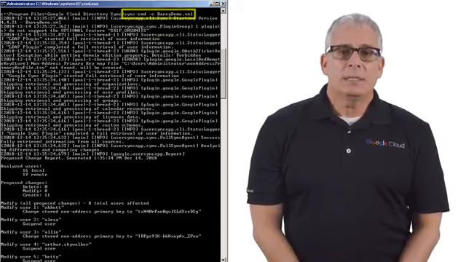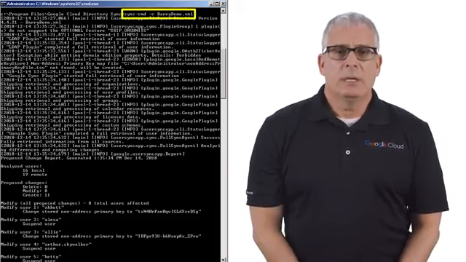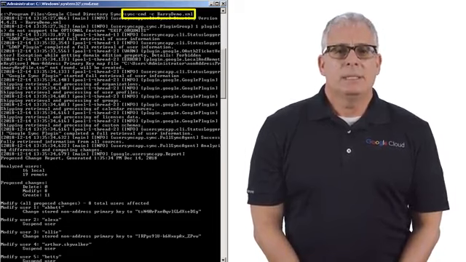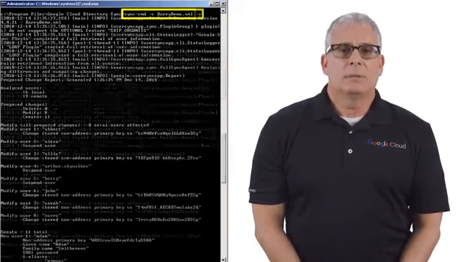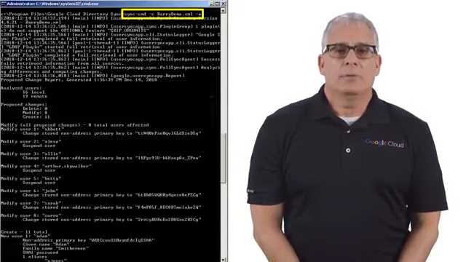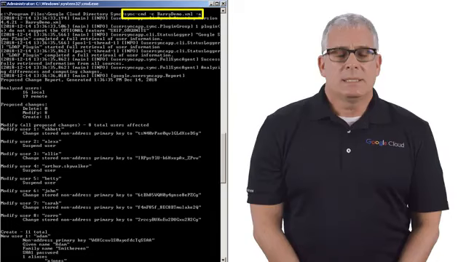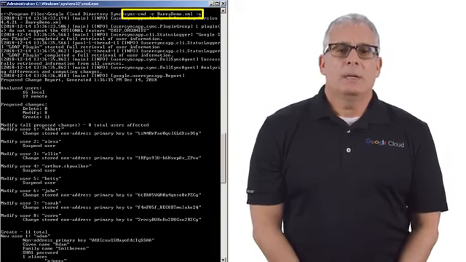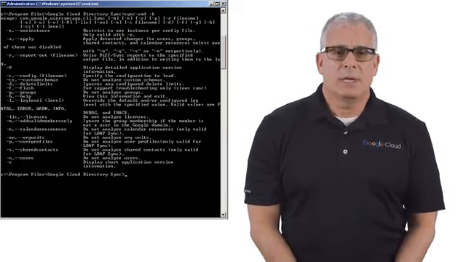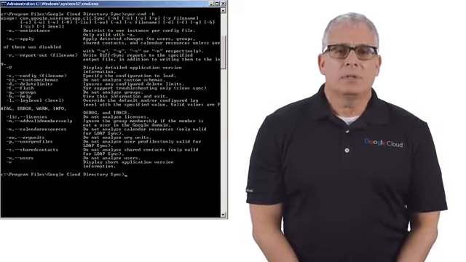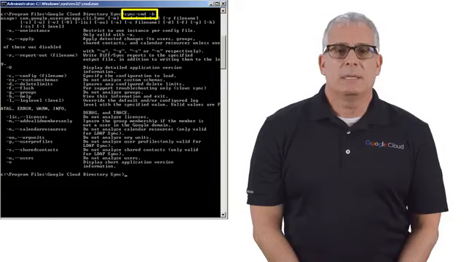To run GCDS to simulate this synchronization, type sync command -C, your XML configuration file name. To run GCDS and apply changes, just add the -A option. Sync command -C, your configuration file name, -A. The sync command also provides other controls that let you override your configuration file settings. For a complete list of options, type sync command -H.